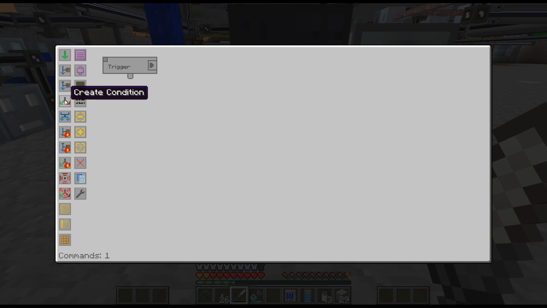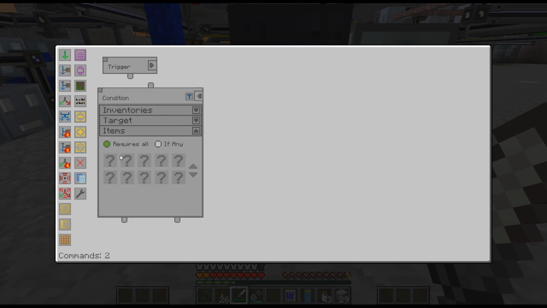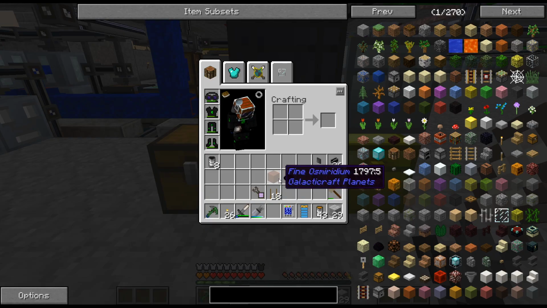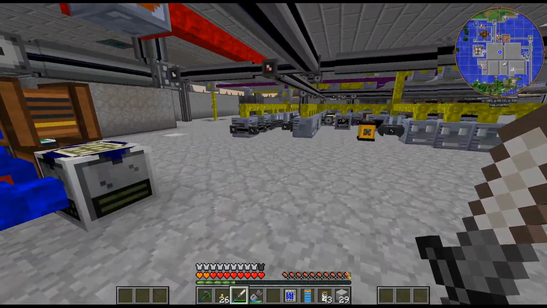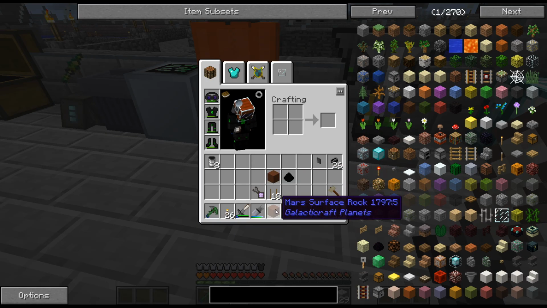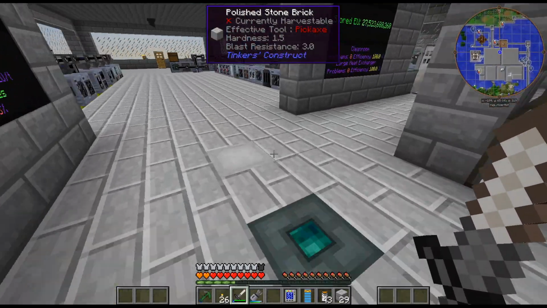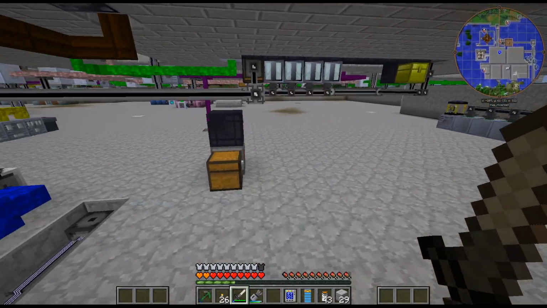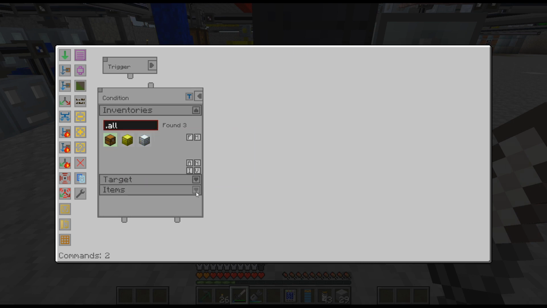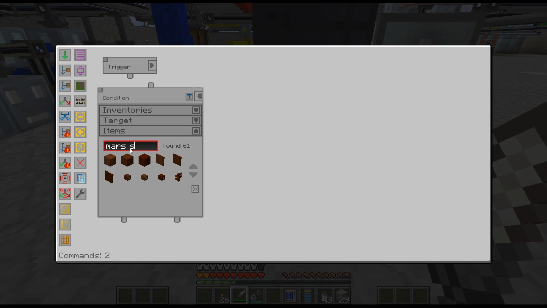Let's try condition. Let's try Mars surface. What was this? Mars. I think this is a surface block, isn't it? I've got to make sure I get the right thing. I think I can maybe do like word dictionary. I'm guessing, but I don't know. Yeah, Mars surface rock. All right, so let's try that and see if that will work. I guess I don't need to do the condition, but so if that requires Mars surface rock, and then let's try,